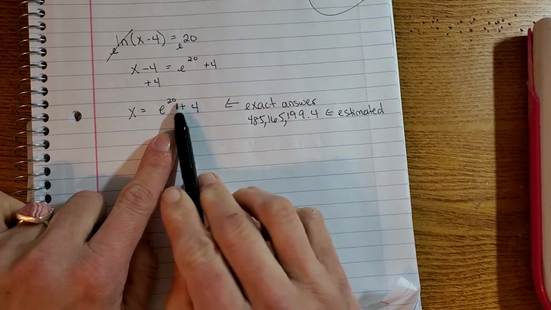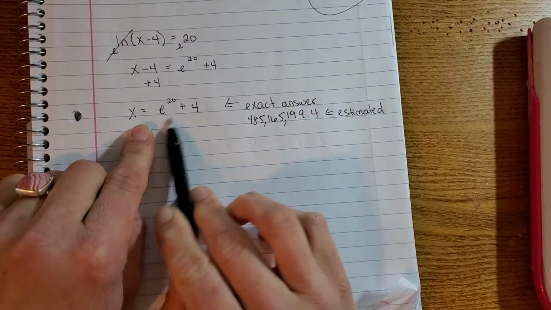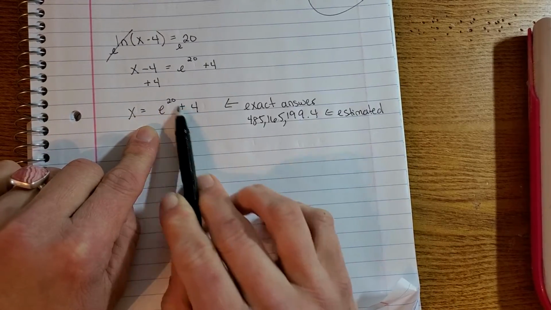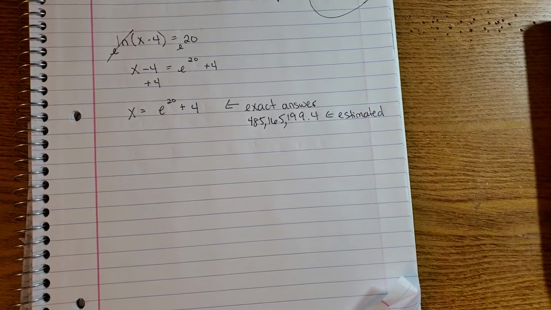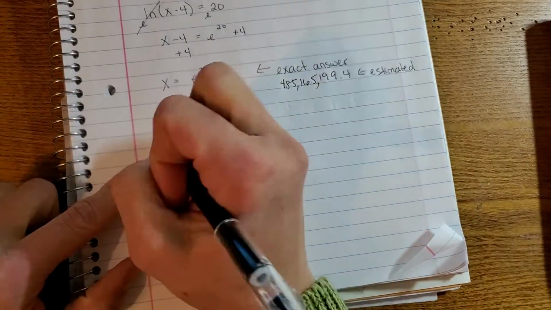Keep in mind that you cannot add this 4 to the 20. This is something separate. This is like saying x to the 20th or something like that. You cannot combine those. Now, if we want to look at an equation where we start with e, let's say